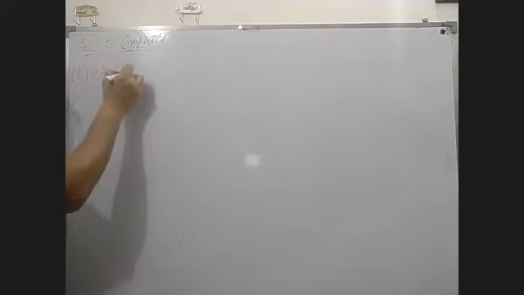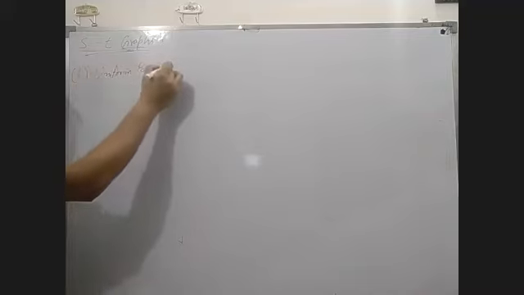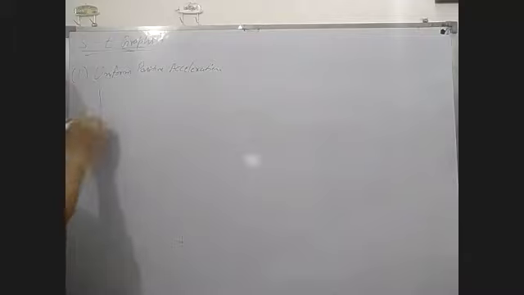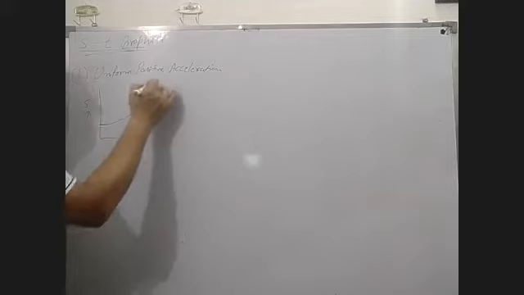Position time graph. When an object is moving with uniform positive acceleration, okay. Then what will be the nature of the ST graph? Position time graph. In this case, how can you take the nature of the graph? Then you can take the nature of the graph in this way, curvilinear.